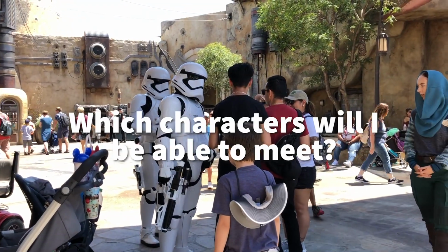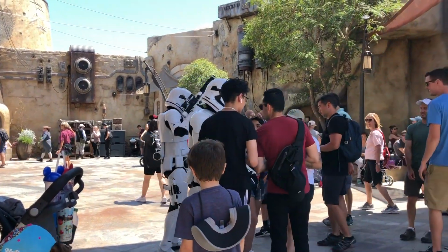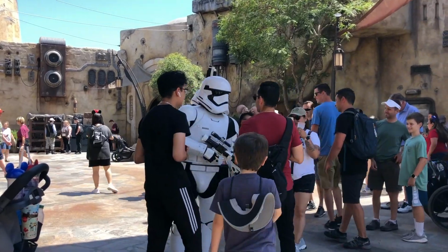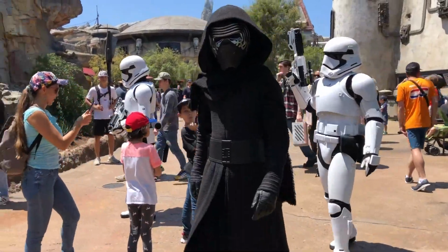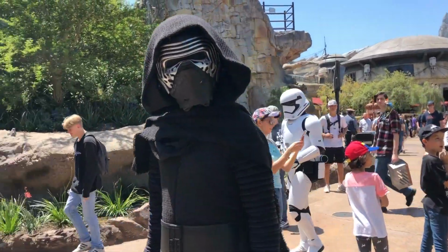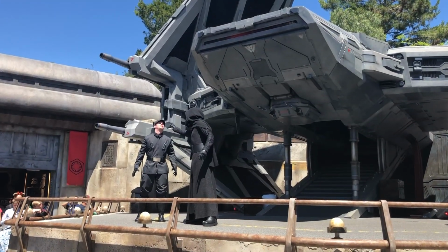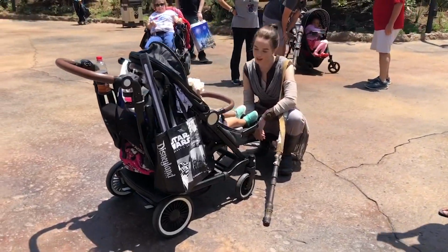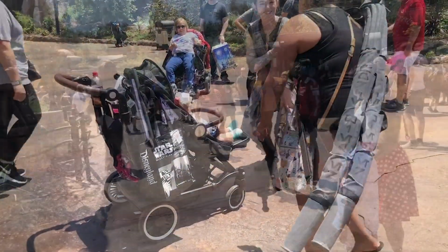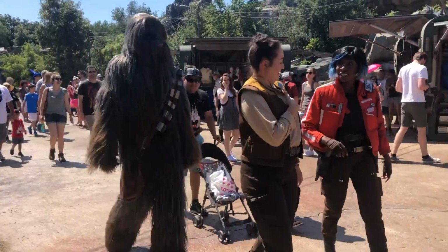Now, which characters will I be able to meet? Well, several actually, and characters are kind of different over there in Black Spire Outpost on Batuu. So you'll meet Stormtroopers, Kylo Ren, Rey, Chewie, and Vimerati. And the bad guys are going to be in the First Order area, and you can catch Kylo Ren entering the TIE Echelon that's docked there. Rey and Chewie are going to be over in the Resistance area by Rise of the Resistance ride. Vimerati is frequently seen in the Marketplace area near the Speeder Garage, and these characters are just walking around,